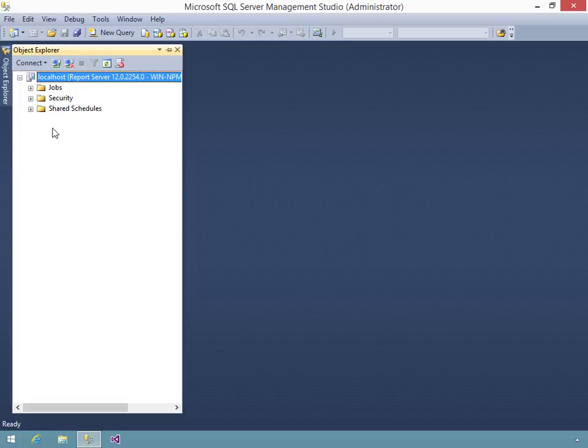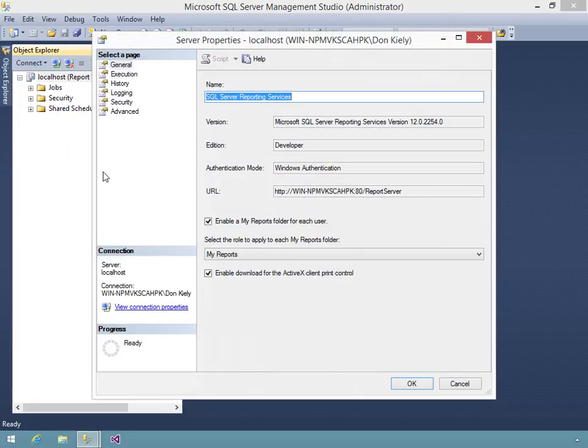Okay, so let's start looking at what you can do with Management Studio. One of probably the most important things is to set report server properties. So this lets you enable features and set server defaults. This is the kind of thing that you're probably going to come in here after you've installed reporting services, after you've run Configuration Manager to get the overall things working within it. You're probably going to want to come into Management Studio and then tweak a few more settings. All right, to get access to that, you just right-click here, select Properties,